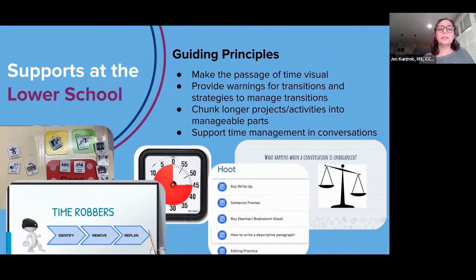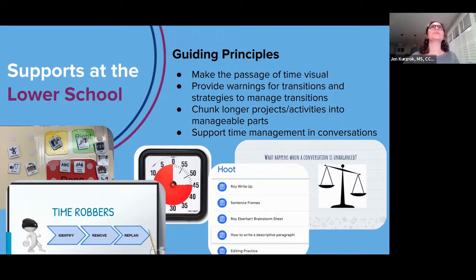There's also ways that we can help support students' own understanding of their own time management. We talk a lot about time robbers at the lower school. I actually don't know, Gwendolyn, if you use that language at the middle school too. She's nodding. I know you all can't see her. And time robbers are